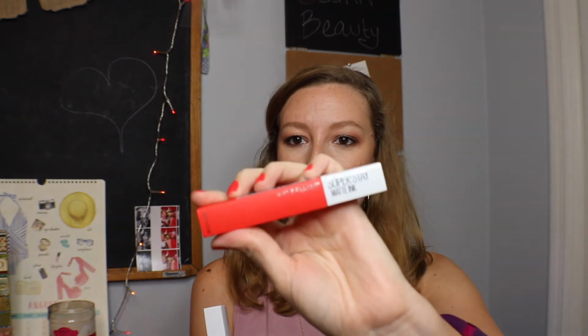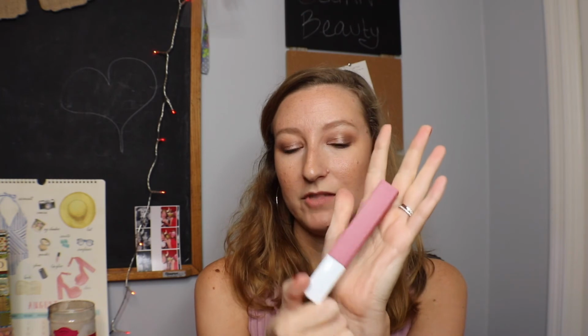I also was really intrigued by the color number 25, Heroin. That's not right. Heroin? Heroin is a drug that you should not do. Heroin, and it's a really bright orange shade. I have not worn this yet. And then I got the basic one in Lover, number 15, which is a mauve neutral shade. So I'm excited to try those, or wear them more,